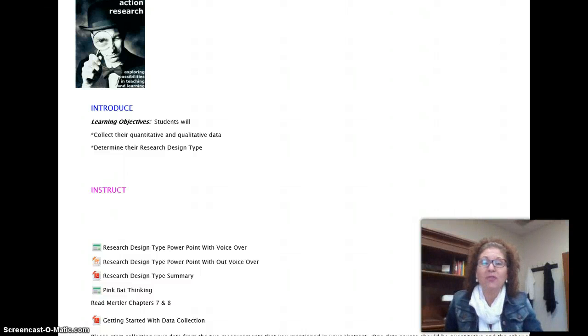We have made it to week 4 of Action Research, and our objectives this week are, first of all, to collect our quantitative and our qualitative data. We're going to begin collecting our two sources of data this week, and you might only be collecting data for a 2-week period. And I know what some of you are thinking, how can you prove that a strategy is